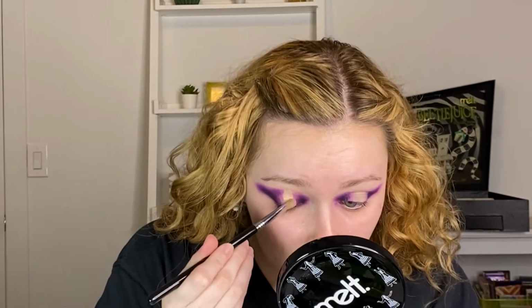And then I'm going to take my Sigma cut crease brush. Even though this is more shaped for this type of cut crease, we're still going to use it to tap and blend this out. That's the look we're going for. We're gonna do the same thing on the other side. For the shade Juno, I'm just gonna put it on my finger